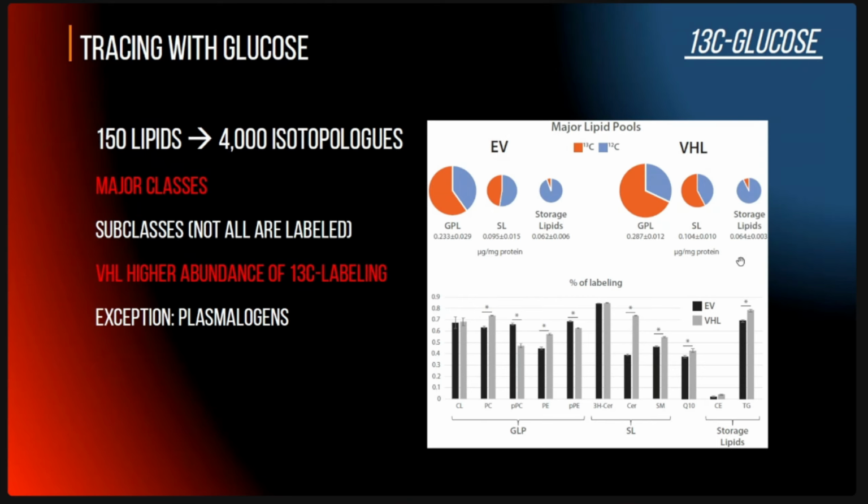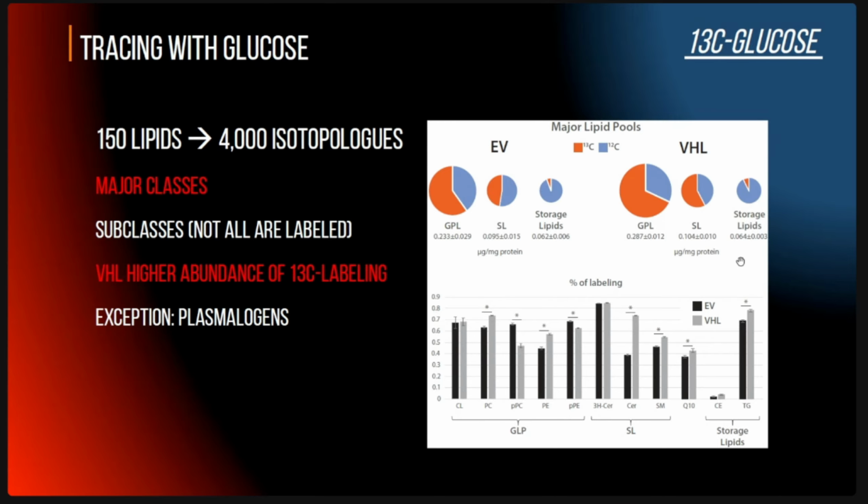The circles again are in the same unity of abundance. So there's a little bit more lipids in the VHL, but what is astonishing about this data is that the percentage of labeled carbons in these lipids is higher in the VHL, the oxidative cells, than in the glycolytic. That holds for the glycerophospholipids and also for the sphingolipids. And then we did some subclass analysis here with a bunch of subclasses, and we showed that in most cases the oxidative VHL has significantly more label than the glycolytic EV. But in some instances, like here,